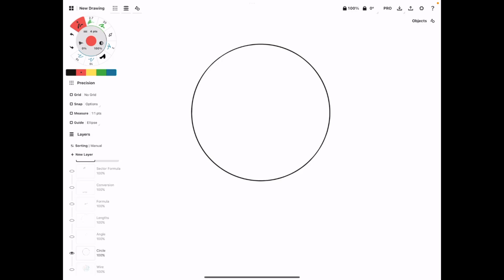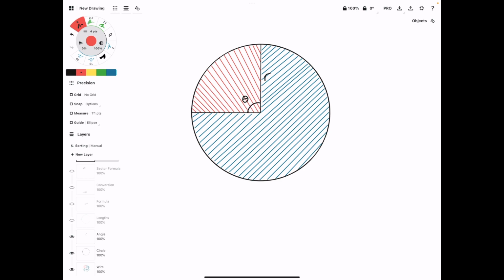In this video, I'm going to talk about finding the area of a sector of a circle. So to start off, we have our circle here, and I'm going to cut a sector out of it with angle theta. This r just represents the radius of the circle. Alright, now I'm going to shade in the regions, and we need to figure out what fraction of the circle